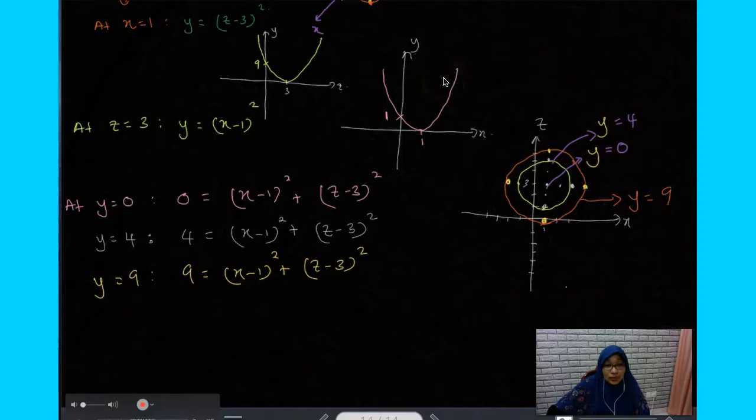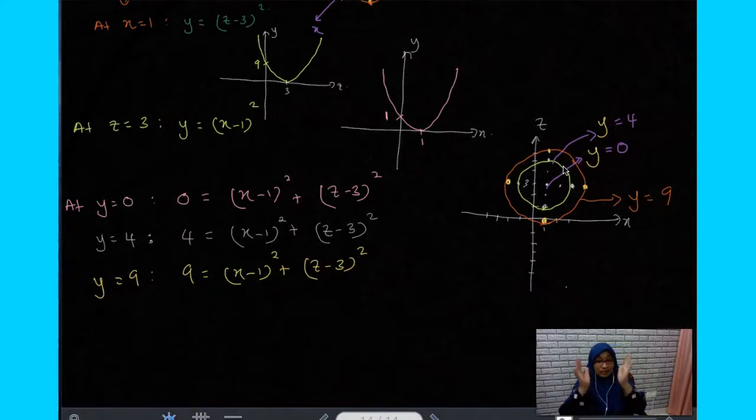So that means we know it is concave up. When you increase the y, the height, you can have the larger value of circle. So we know we are having the surface concave up, becoming larger and larger. But if you have concave down, I don't know how to sketch the concave down. When you have a bowl concave down,